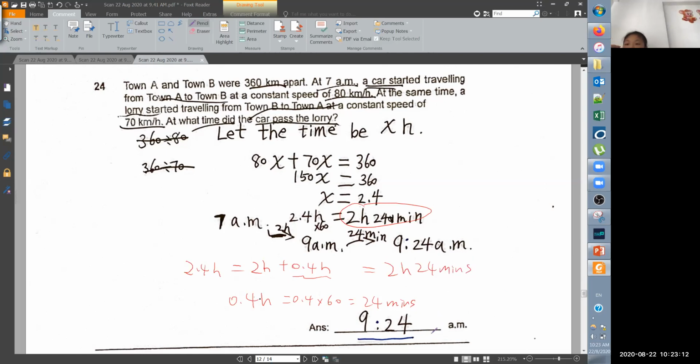Okay? So please show your working like this. Because over here, I don't see the working. There is no working. You skip the working. Okay? Then, at what time? So basically they ask at what time, so you need to give it in time. This is one way to write. Another way to write is this. So basically 9:24